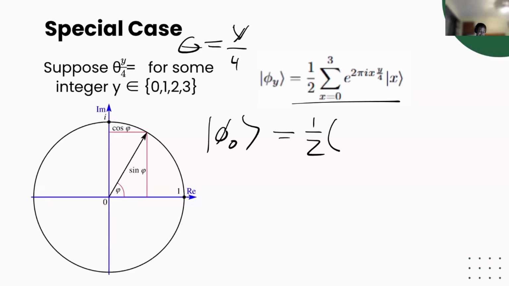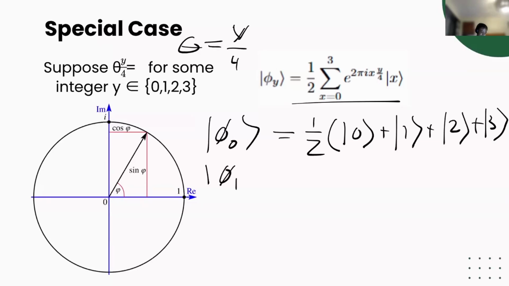Or the value of this exponential will always be 1. So as we scale from 0 to 3, it's going to be the state 0 plus state 1 plus the state 2 plus the state 3. So we can do this for everyone. And what's interesting is that, well, I'll come back to it in a second. We can do this for all of them. So let's do it for this one.